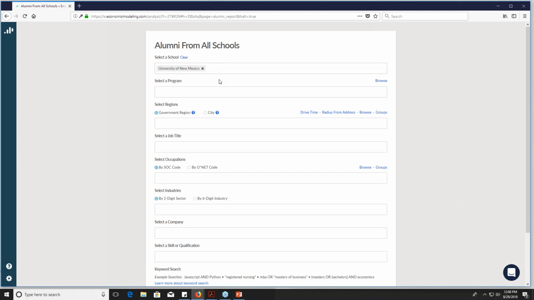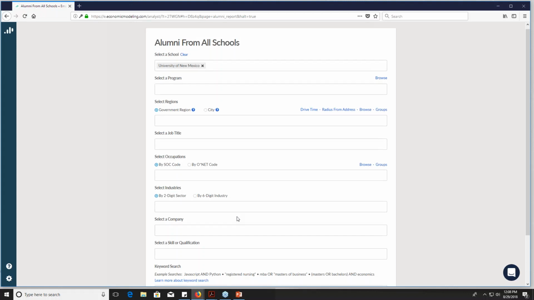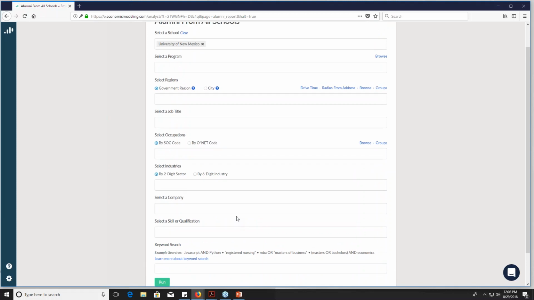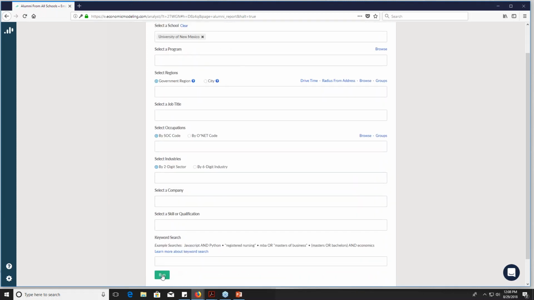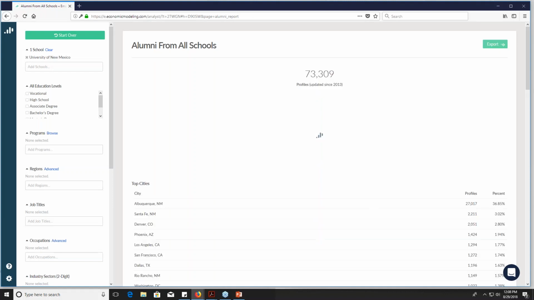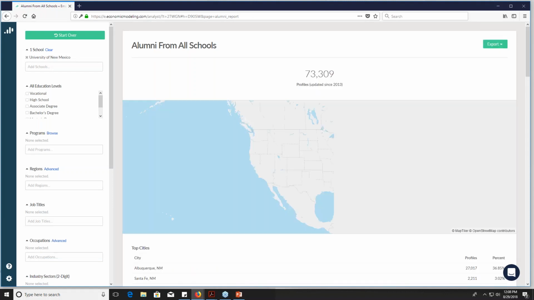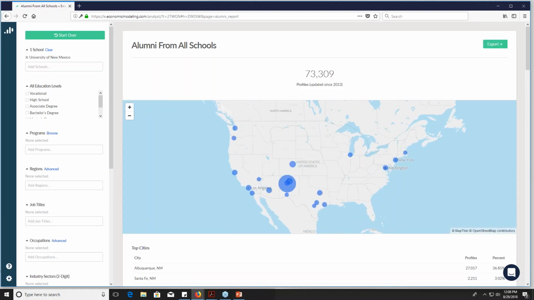So I typed in the University of New Mexico, as you can see right here. And then there are many filters that you can play with. I'm going to show you a few of the common ones that we used and how we used them. From an institutional perspective, one of the first things I did was just run a general report. And you're going to see how easy this is. I used the one filter of University of New Mexico, and it actually came up with